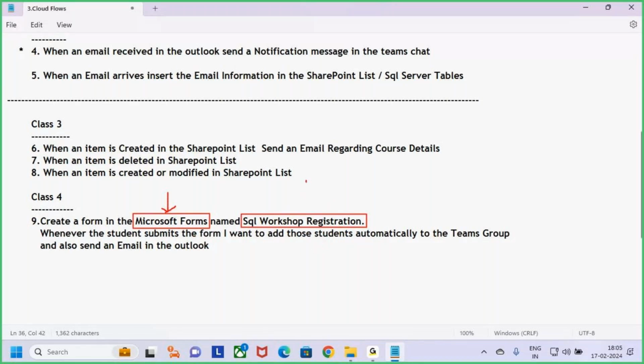I want to take the responses from the students. So how many students are interested to attend the SQL Server workshop? For that, I want to create one form in the Microsoft Forms. What is the name of that form? I want to keep here SQL Server workshop registration. Now, whenever the student submits the form, if any one of the students is interested, the student submits the form. Whenever the student submits the form, I want to add those students